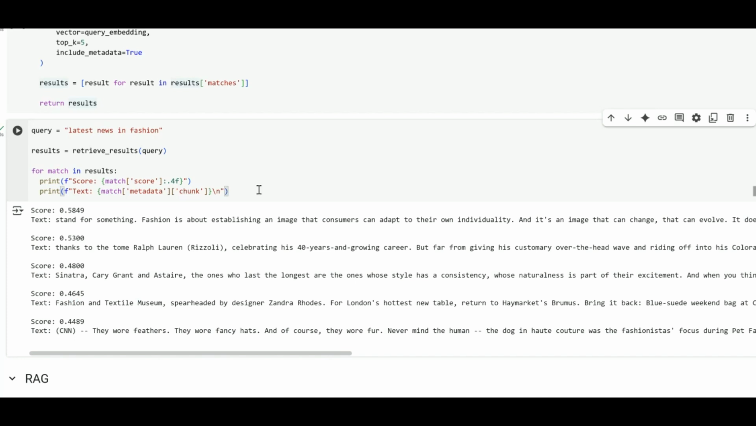Right? And so if you wanted to test this out and make sure your database is working appropriately, you would try it on many different queries. We're not going to get into testing just yet, but this is a good sign. This is how you can do semantic search with your Pinecone